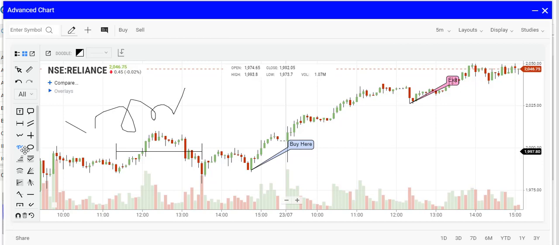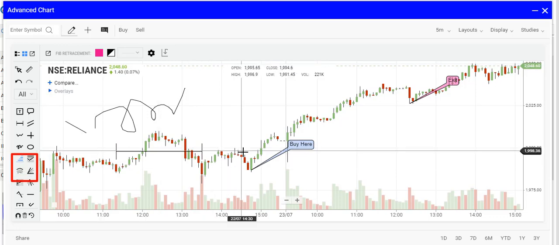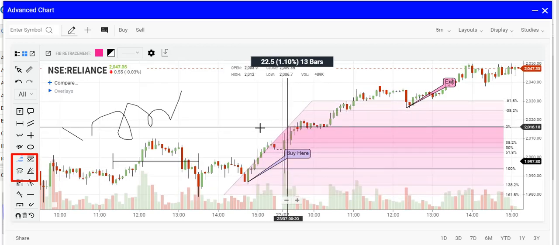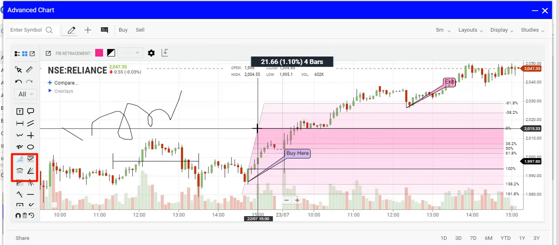Okay, let's explore the most important one, that is Fibonacci. Wisdom Pro has the most number of tools related to Fibonacci, which is essential as well, as Fibos are an inseparable part of technical analysis and have their own acceptance. To trace the Fibo levels, just click here and the point where you have to trace. So as you can see, all the levels are plotted.